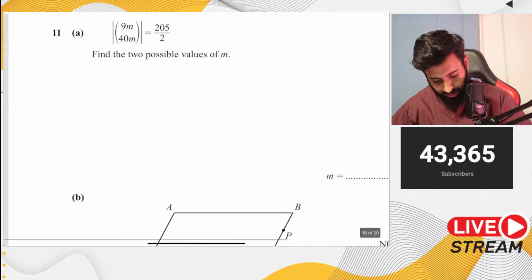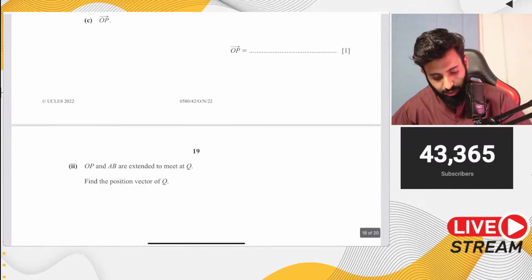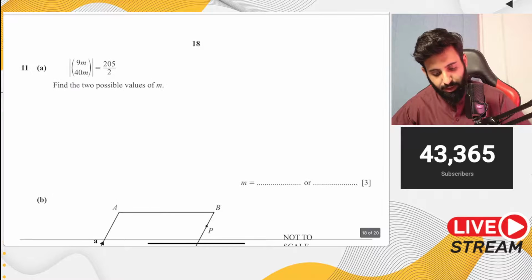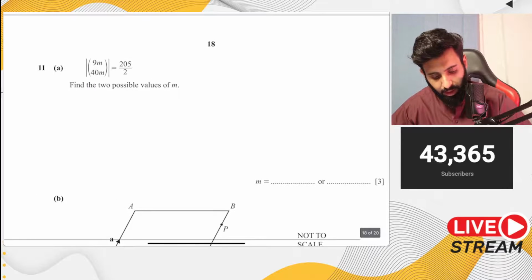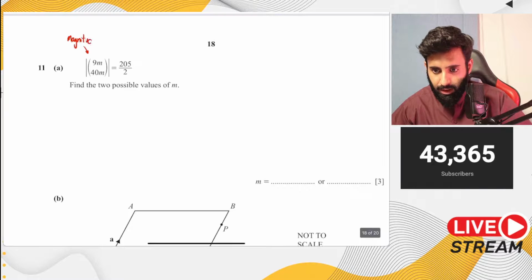Okay, now the last question. Is this the last question? Yeah. Vectors. Find the 2 possible values of m. So what are we given over here? We're given the magnitude. Okay, so if you're given the magnitude and you have to find,